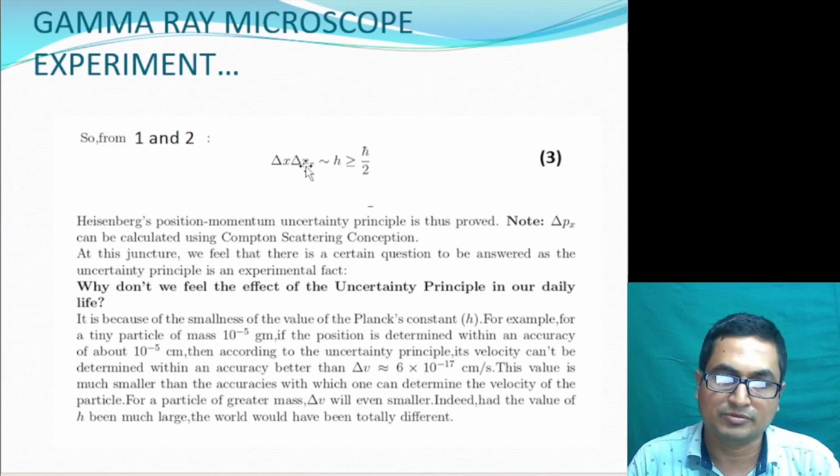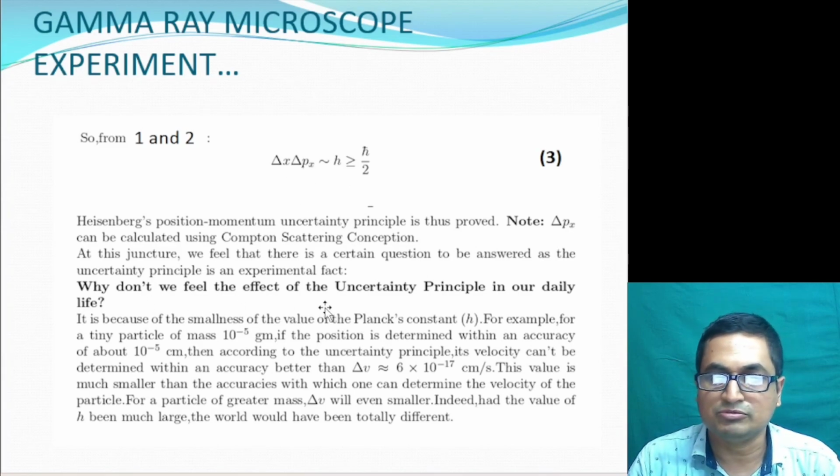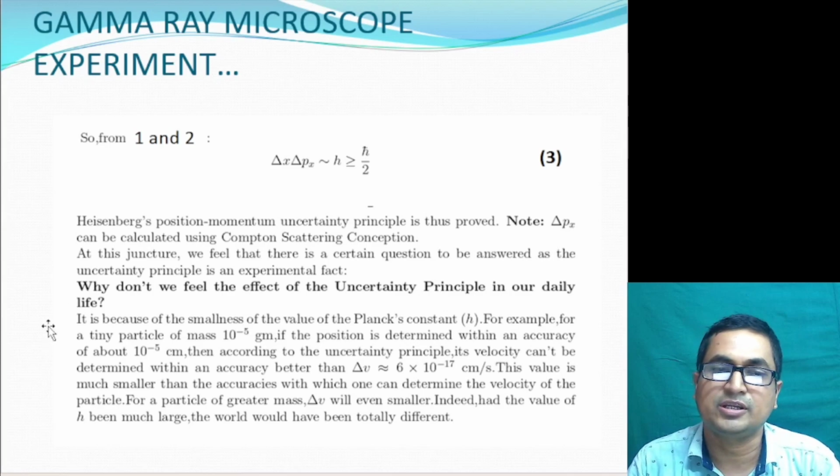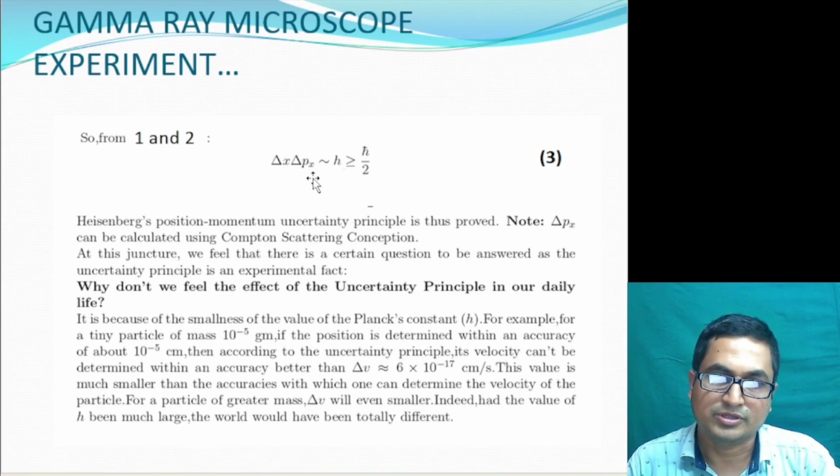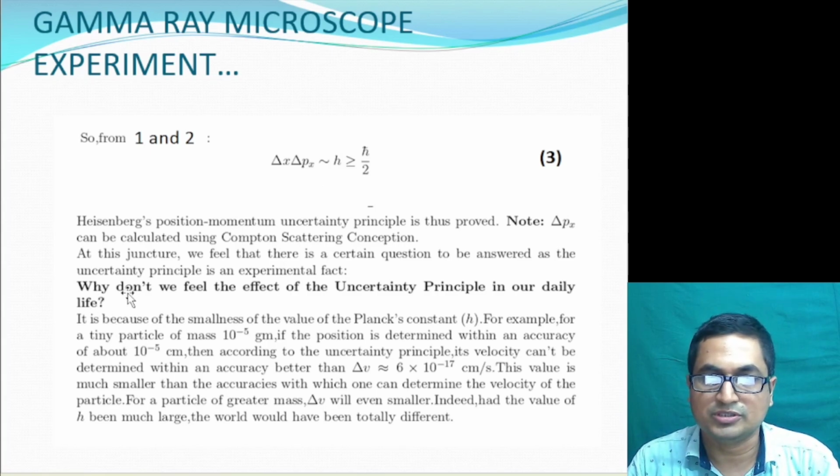Certainly we are left with a very important question: why don't we feel the effect of the uncertainty principle in our daily life, even if we experimentally prove the relation with the gamma ray microscope experiment? The answer to this question is that the value of Planck's constant is very small. For example, if you take a mass of 10 to the minus 5 gram, the position can be determined within an accuracy of 10 to the minus 5 centimeter, and then